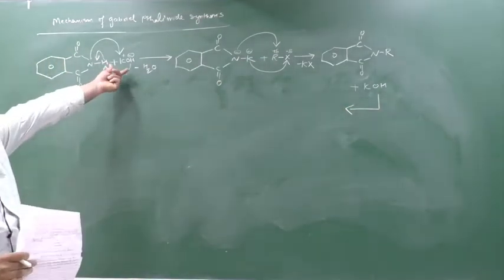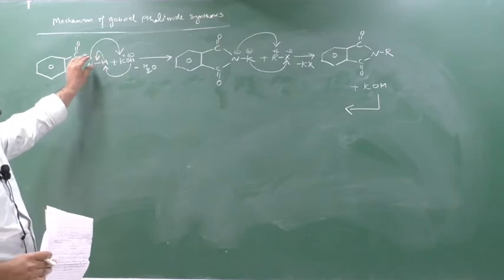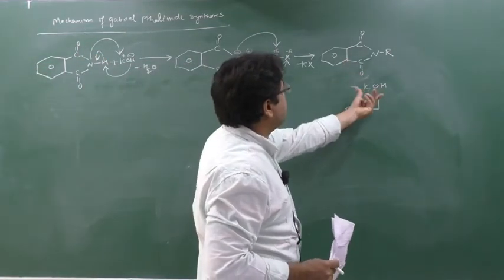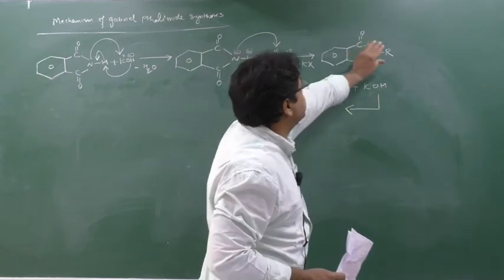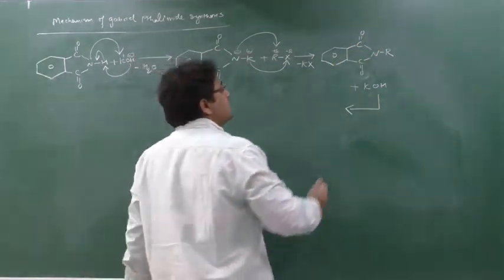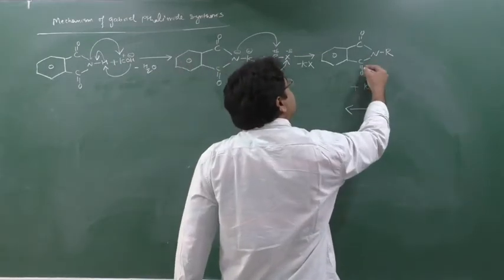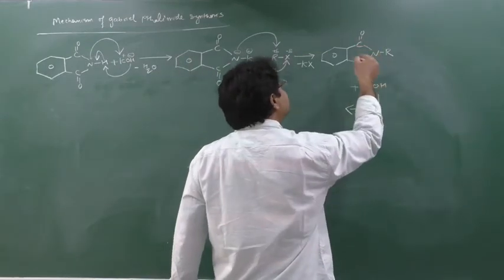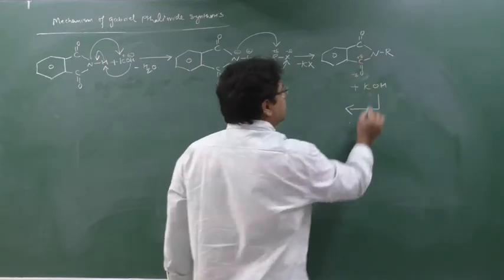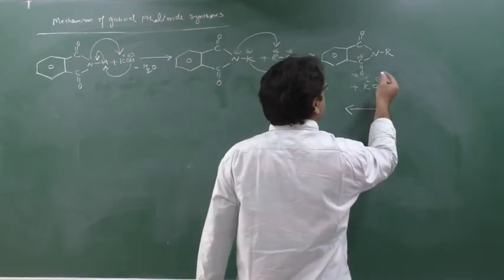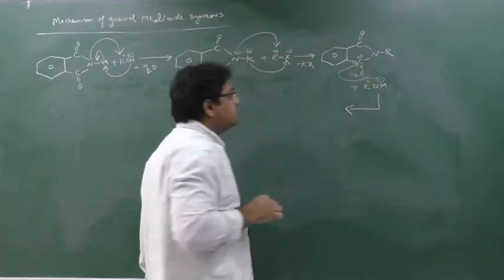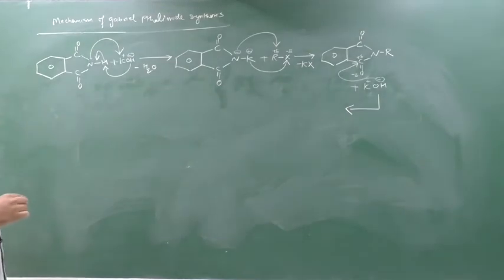See beta, this is the KOH which first reacted with this nitrogen part. Now another mole of KOH will not react with this nitrogen part, it will react with this carbon part. You have to remember here. How so? This carbon and this oxygen: carbon is less electronegative, it will have a partially positive charge, and oxygen will have a partially negative charge. This is positive, this is negative, so this OH will attack this carbon to make a new bond.